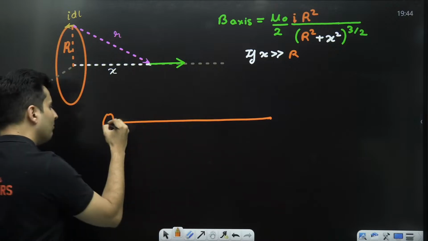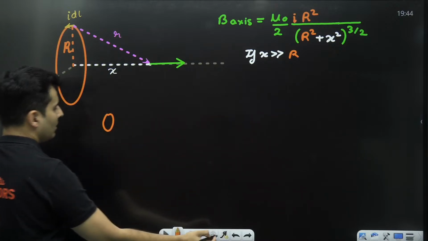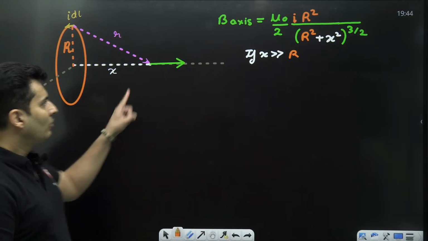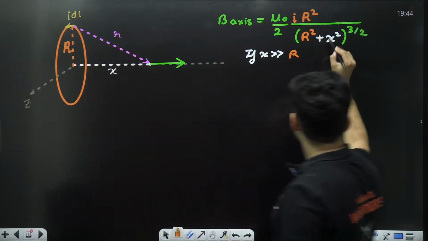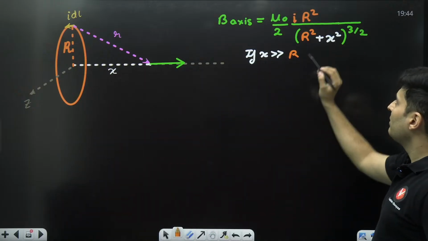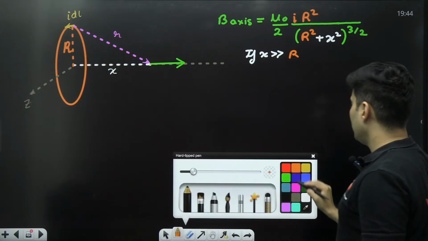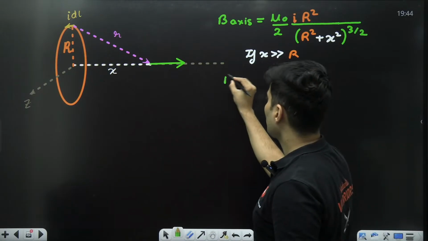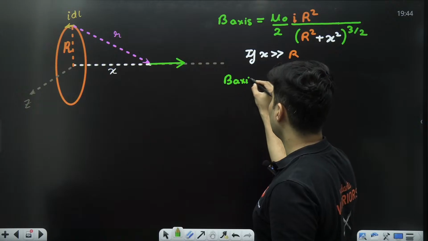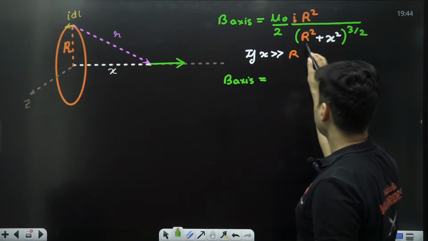The x is much larger than the radius on the axis. Then this number will be very large, r will be very small. So you can neglect it, and hence this same formula for the magnetic field along the axis will become,